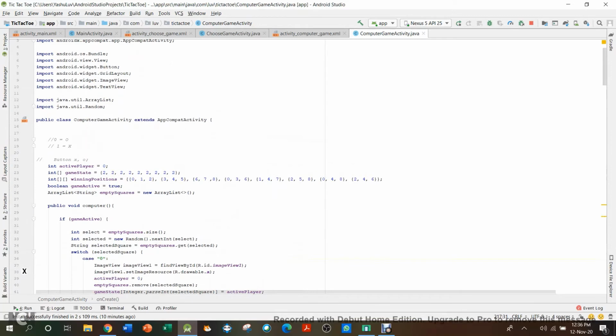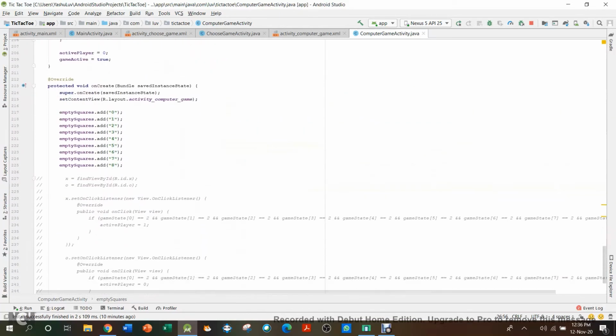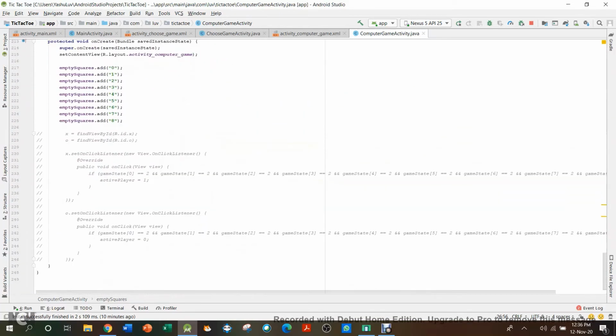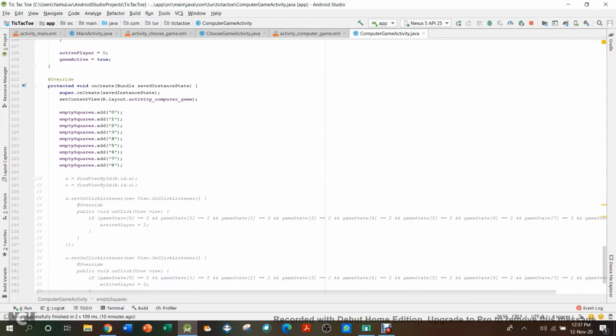Firstly, the only new thing up here is this array list of string, which is empty squares, so that the computer chooses a random thing properly. And one thing I'll tell you is that I haven't done the selecting X and O for this one, and I will explain later why I didn't.